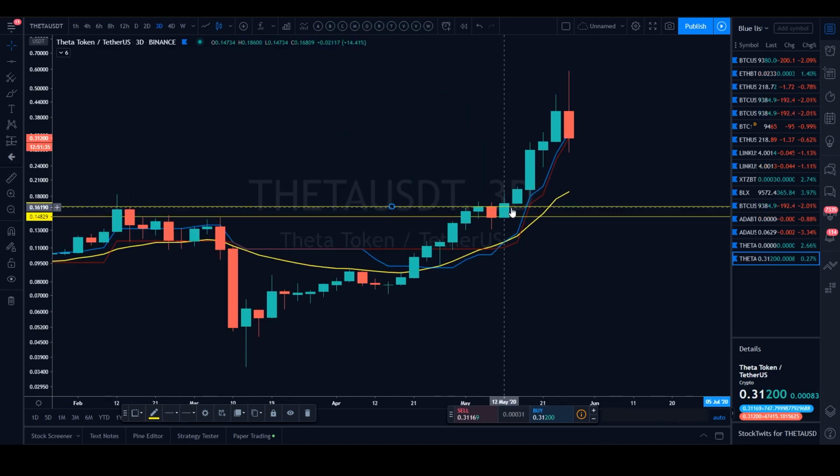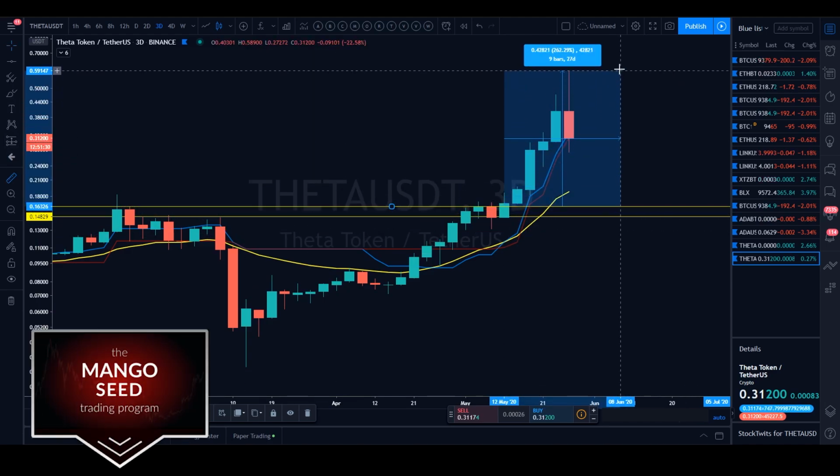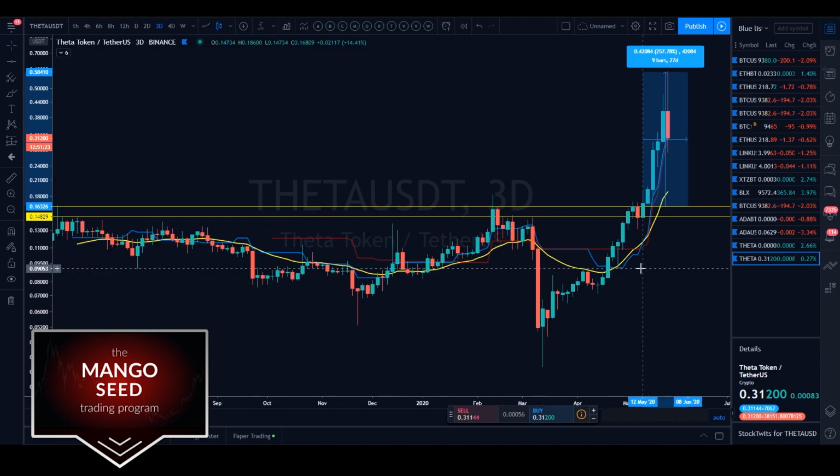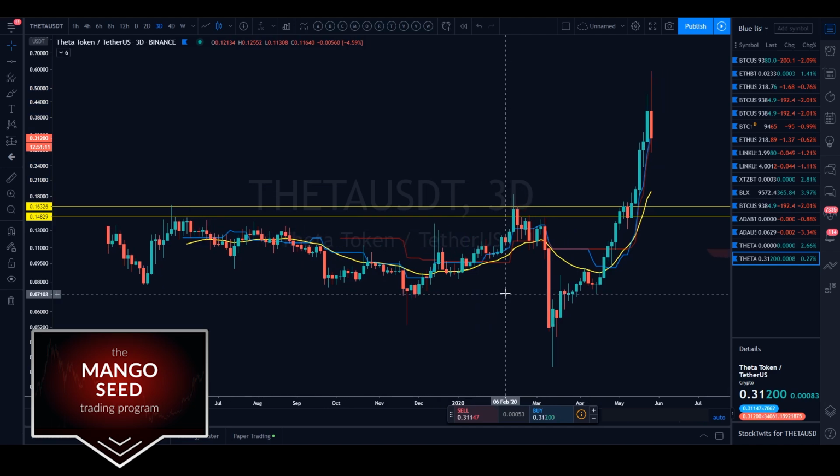While it may not look like much on my chart, mind you, check this out. This was a massive 257% move to the upside. This is what charts like Theta and other volatile cryptocurrencies can do. It takes out one level and boom. However, this was not any minor level. I want you to notice how we got rejected at the 16-cent level right here in May 2019. Now this was the second test here on 12th Feb 2020, and this was the third